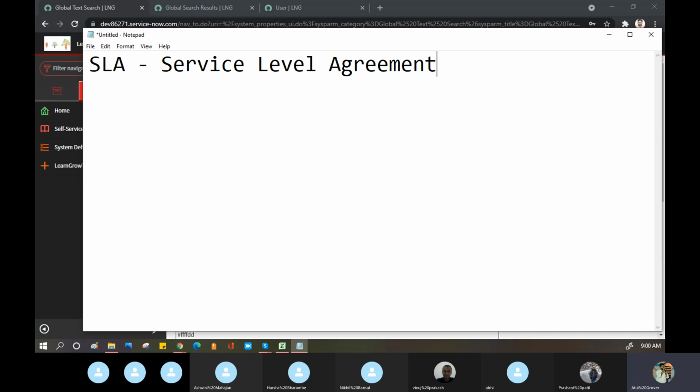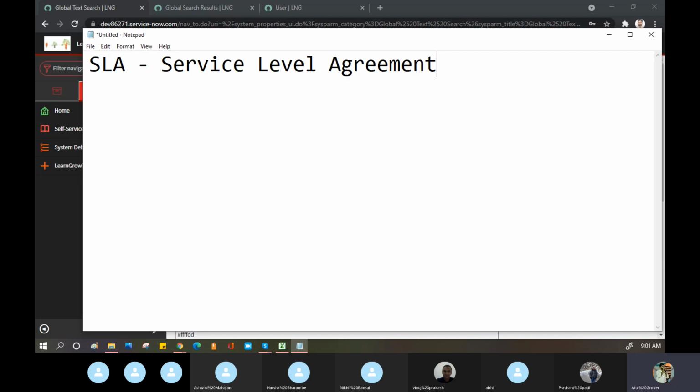So in short, if I conclude this point with the two examples which Nikhil and Vinuj gave us, basically SLA means you get an agreement on how much time it will take, be it days, minutes, hours, months, or years, for this service to be delivered to you. Take the example of Tanvi ordering a new mobile phone from an e-commerce website.